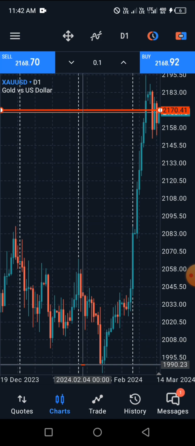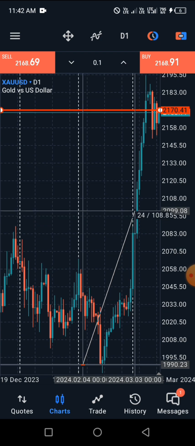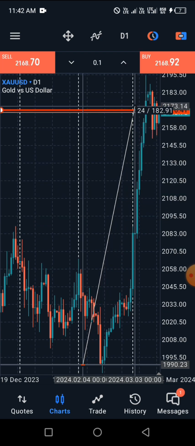That is 2170. That's the level I want to know how many pips price has moved from. So I'm going to drag it here. Remember, you place your left hand side on the cross of your crosshair, just on the cross side of the crosshair, left hand side. Then you drag it up. When you drag it up, you take it to the level you want to know how many pips